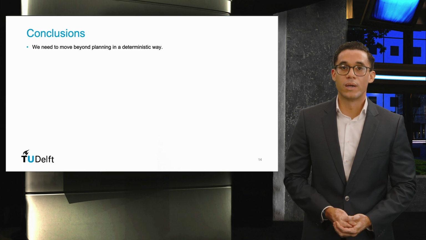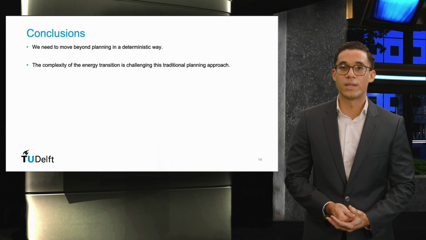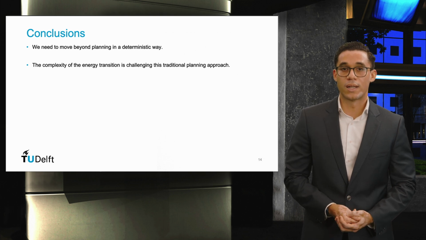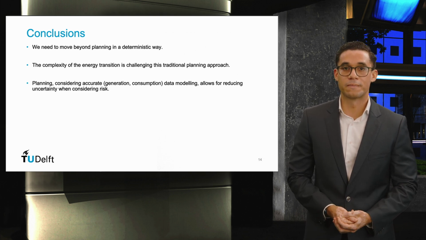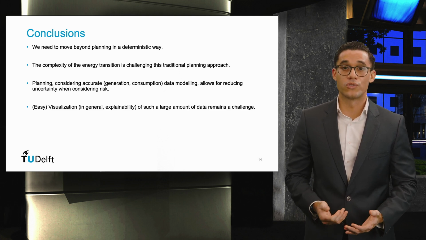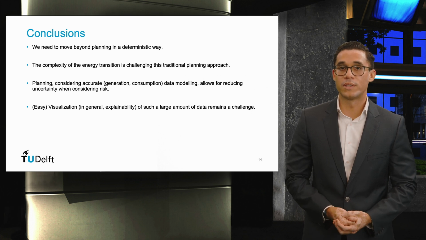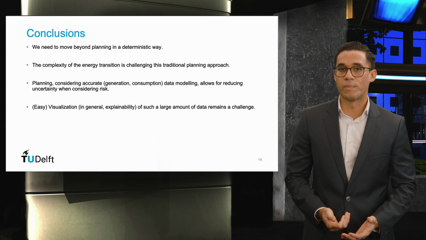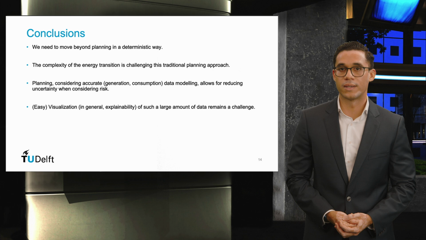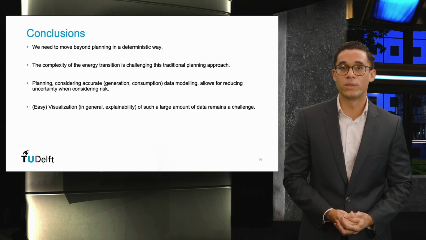To summarize, we need to move beyond deterministic planning approaches. The complexity of the energy transition is challenging traditional methods, and we must adapt. By incorporating accurate modeling of generation and consumption data, we can reduce uncertainty and make better informed decisions when considering risk. However, one challenge remains: the visualization and explainability of such large amounts of data. Making this data accessible and understandable to stakeholders is crucial